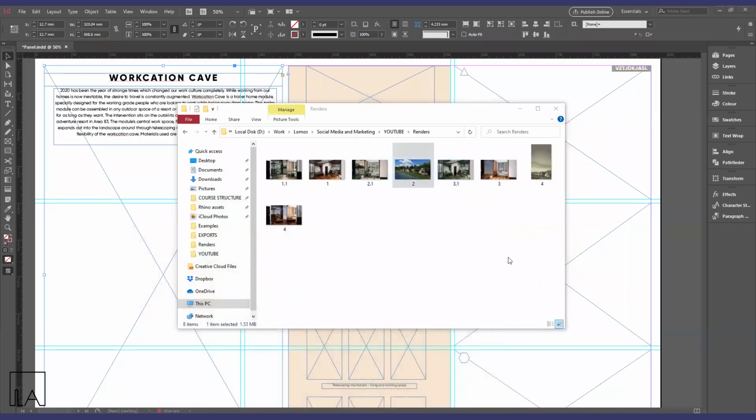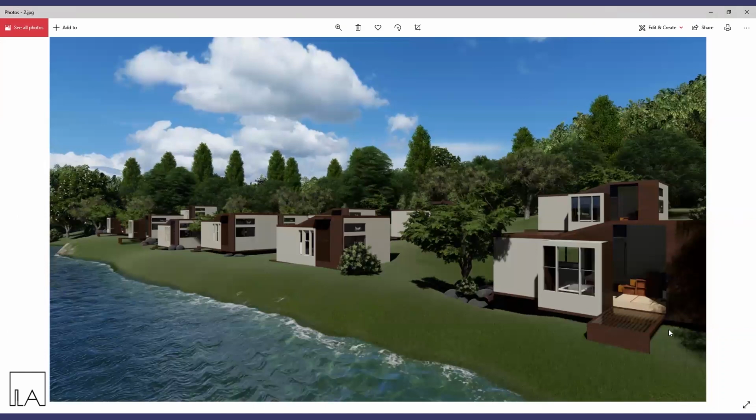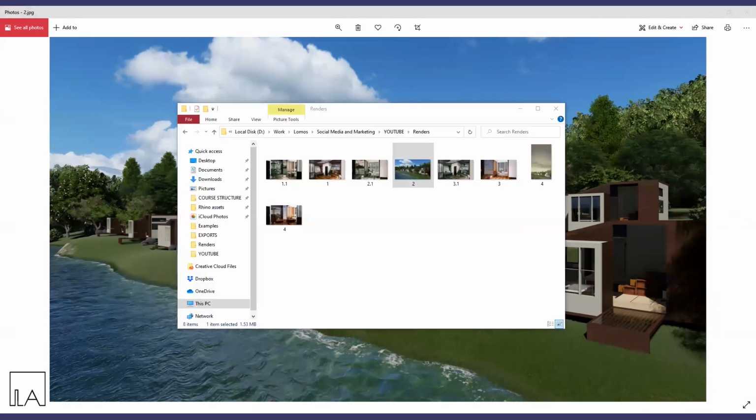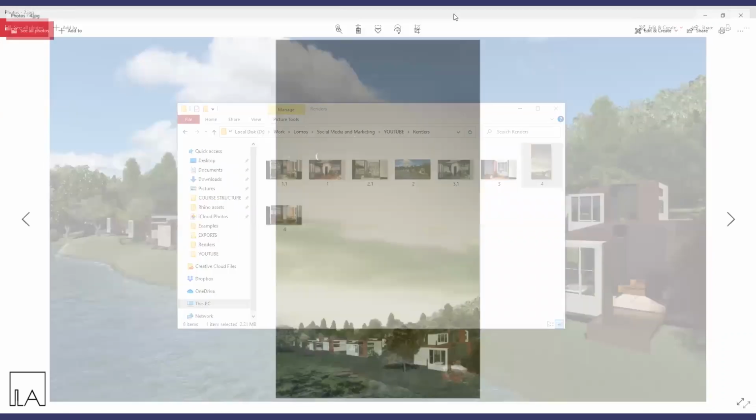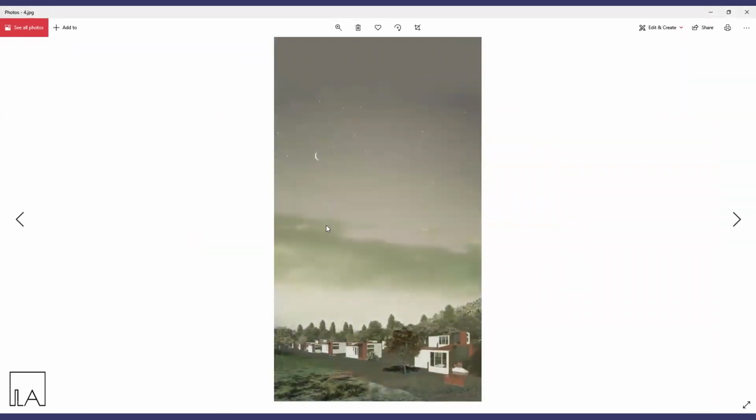Similarly, I'll also show you guys the main render that we had. This is a Lumion render that we had produced and replaced the sky according to the colors of our color panel. Therefore, the final render ended up like this. You can see the color saturation of the entire image has been changed to suit our need. And we chose a rather simple sky.